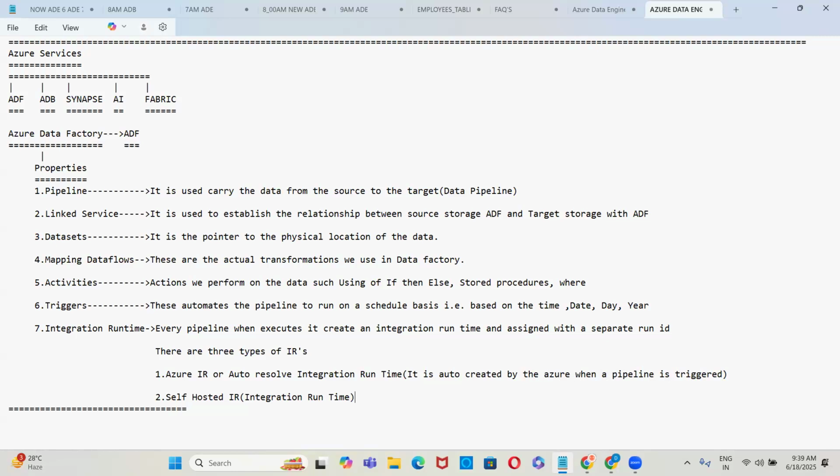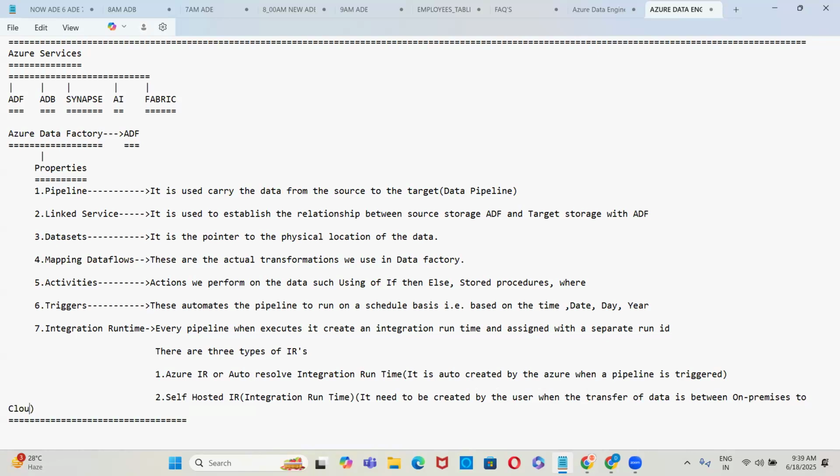It needs to be created by the user when the data transfer is from on premises to cloud.